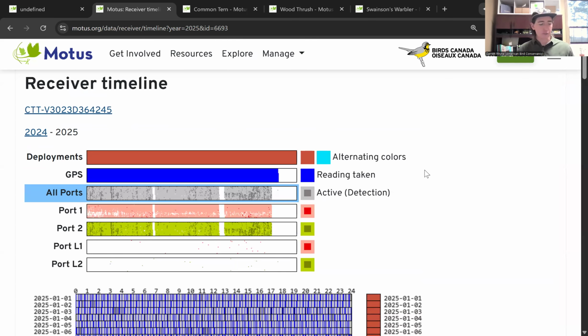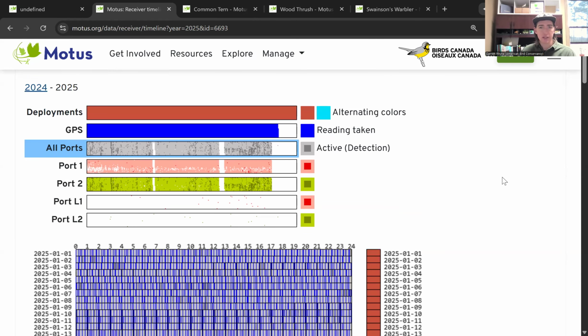I think I've thrown these figures in every once in a while when we're talking about maintenance or when we're talking about noise. But this is definitely a graph you want to be familiar with when it comes time to, again, monitoring your station, making sure it's running smoothly, making sure it's connecting, making sure it's staying on, and also checking for noise. So you can do a handful of different things when we're looking at a receiver timeline. The first thing I want to check,